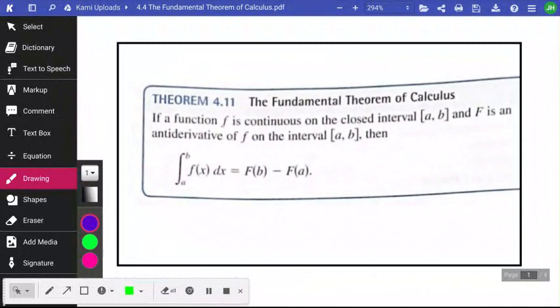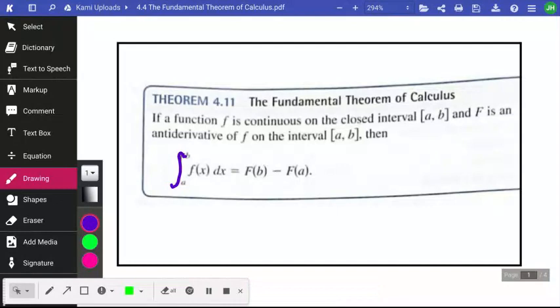says that if f is continuous on a closed interval, meaning it includes both a and b, and capital F is the antiderivative of that. So f would be something we've done, and then when we do the antiderivative, it becomes capital F. That's the notation they use on the interval a to b, same interval. Then it is the integral, that curvy thing, from a to b, which means from the left endpoint to the right endpoint of lowercase f of x, which is the original function, that is equal to capital F